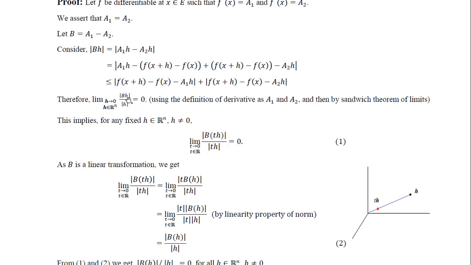How? Because this is a general statement that h tends to 0 through any path, but this portion says that as t tends to 0, we are considering th. So what will be th? If h is this and this is the 0 vector, then any point on this line will be th. In fact, the full infinite line joining h and 0 will have points that are scalar multiples of h, so it will be th. So the th we are considering here, as a red point, is what I have drawn when t is tending to 0.